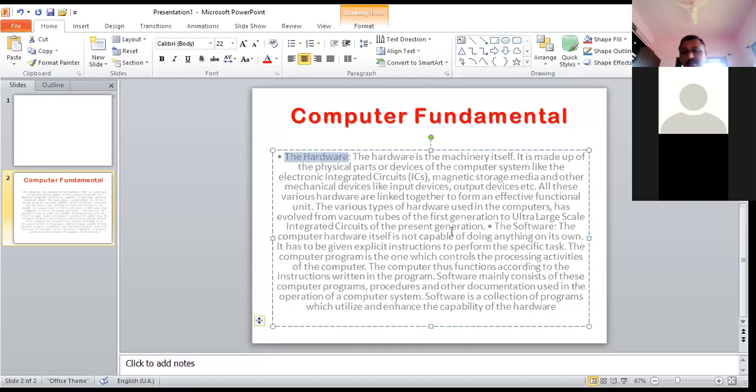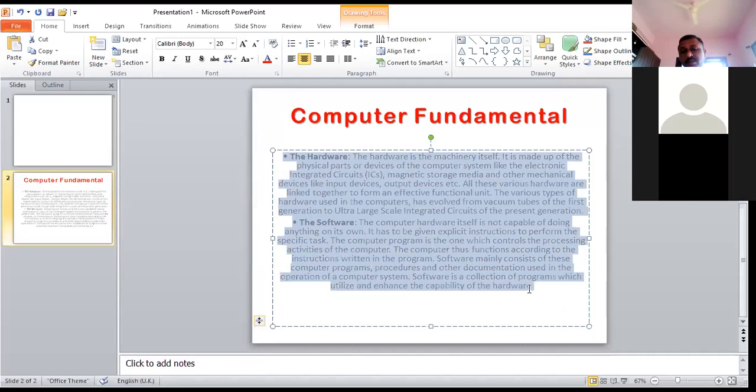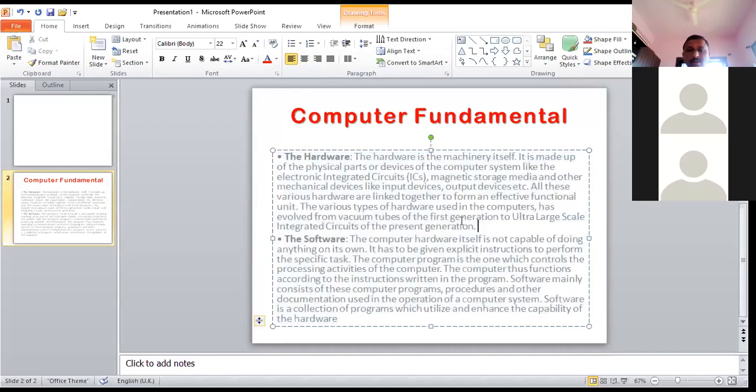The computer field is actually divided into two sections. One is hardware and another one is software. That comparison we are going to make in this box, where the content will be there. Is it clear? The computer field is divided into two sections, one is hardware and the other is software. Are you getting what I'm saying there? Yes, sir.